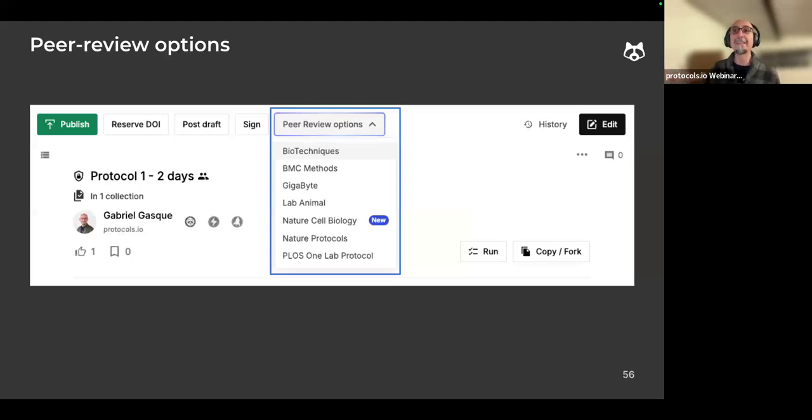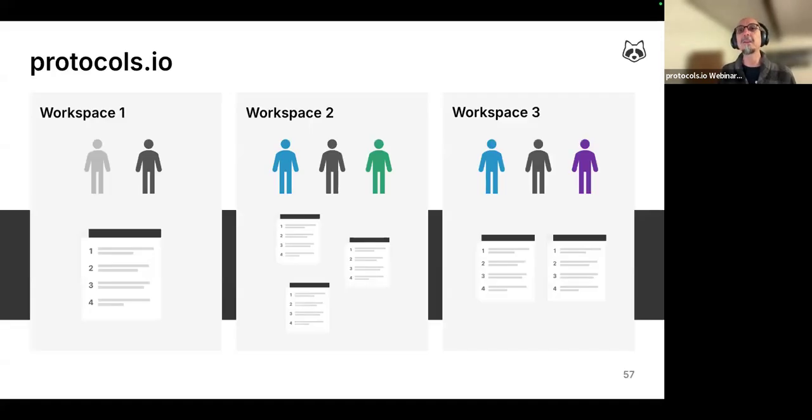What you see on the screen is an example of a protocol in the platform and the tab that says peer review options, where you can see all the journals that take protocols from the platform. And this should increase the visibility of the protocol and increase your credit.